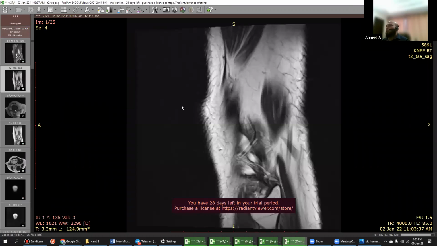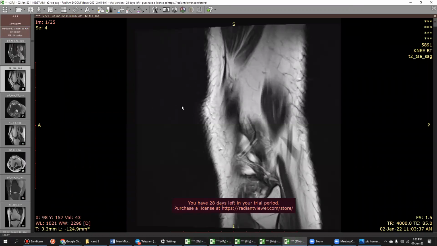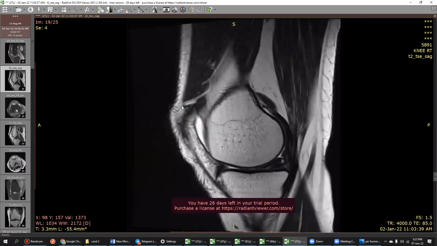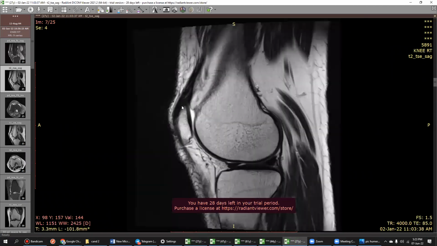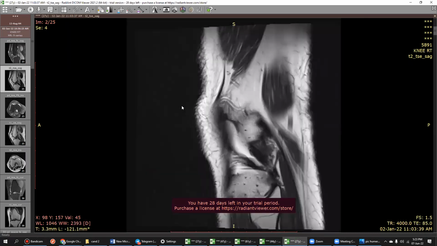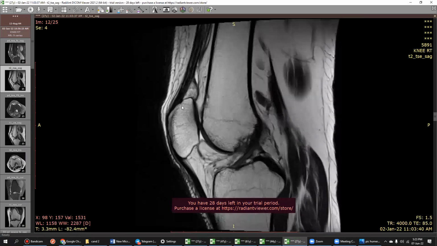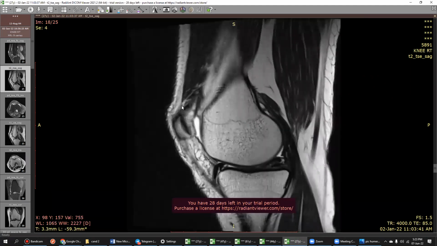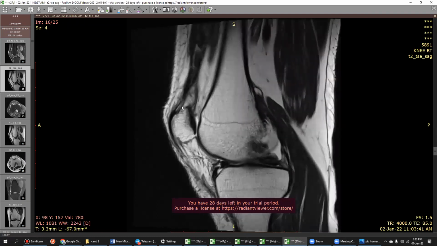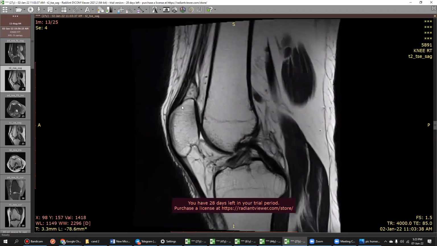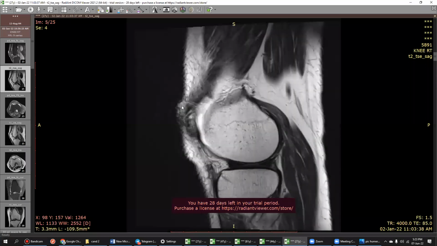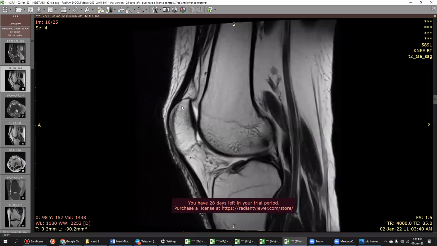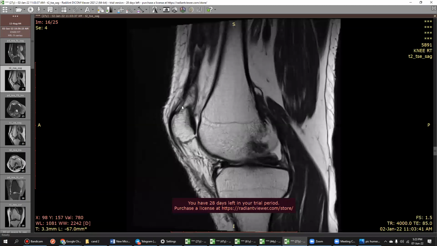Okay. You can see the knee. Please proceed. So this is sagittal T1 weighted images of the knee. I can see some effusion within the knee joint, and I'm going to look at the meniscus. I can see there is a linear hyperintensity within the posterior horn of the medial meniscus extending to the inferior wall. This is in keeping with a tear in the medial meniscus, posterior horn. The lateral meniscus looks intact. I'm looking at the cruciate ligaments, ACL and PCL are intact.